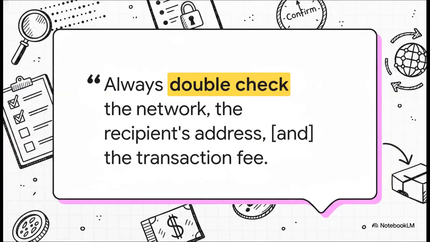And this brings us to what is basically the golden rule of all things crypto. Double check, and then for good measure, triple check everything before you hit that confirm button. You have to remember crypto transactions are final. They're irreversible. Once it's sent, it's gone. There's no undo button, no customer service line to call. So just take an extra 30 seconds. Check the first few and last few characters of the address, confirm the network one last time, and then you